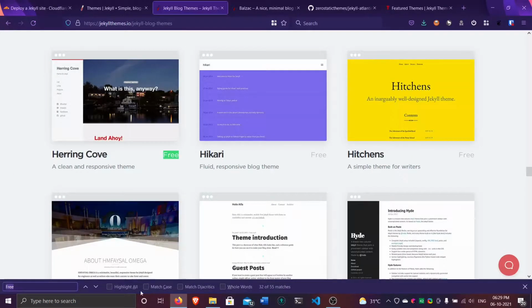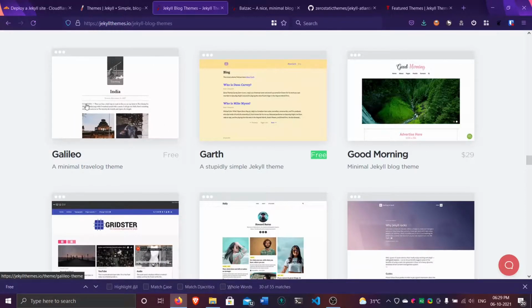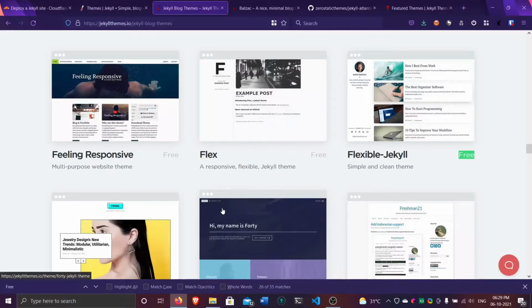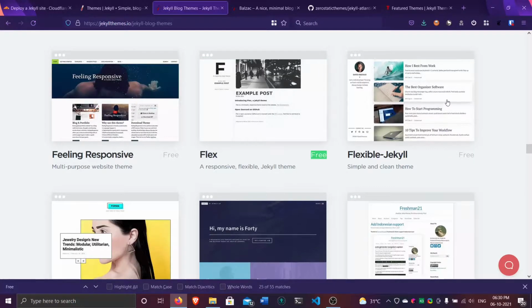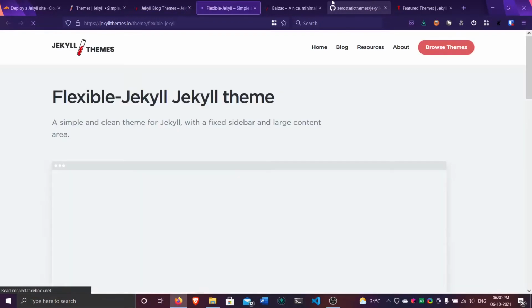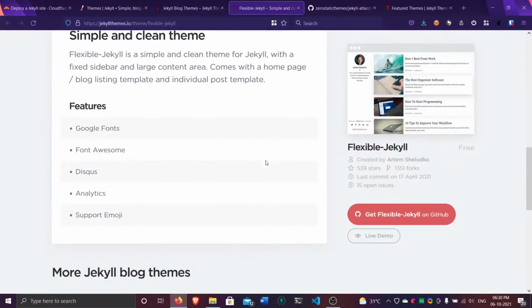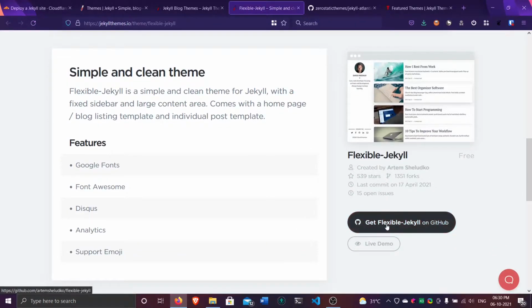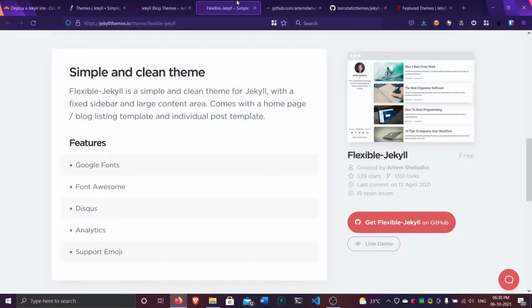Like this, or maybe this Galileo, or which one was that? Wait. Or this, maybe flexible Jekyll is good. So okay, this one I will go for now. What we have to do, get flexible Jekyll on GitHub. We can also check the theme live demo,